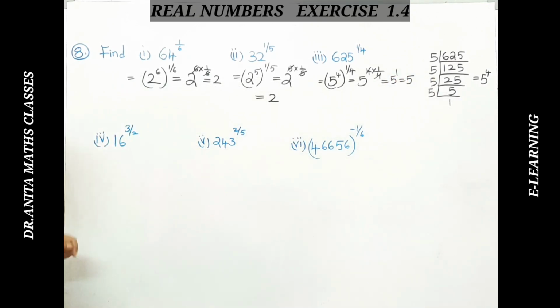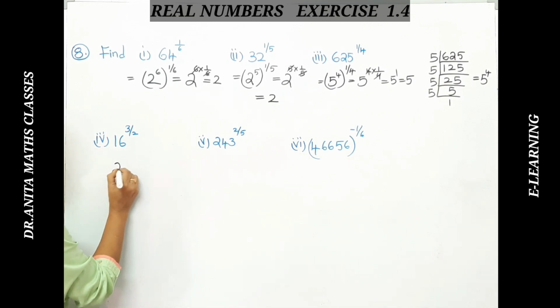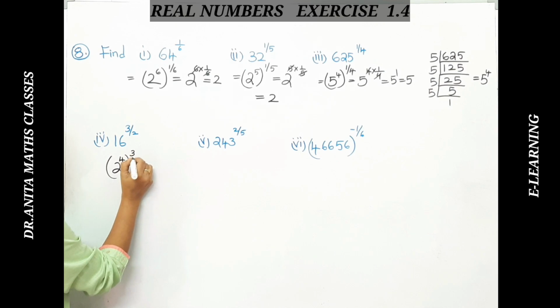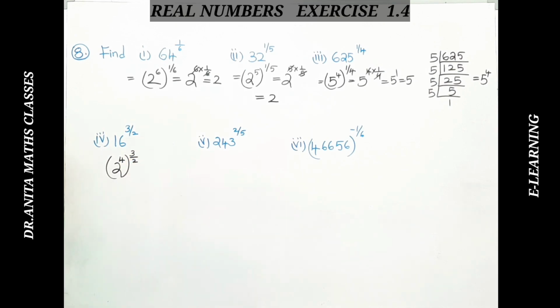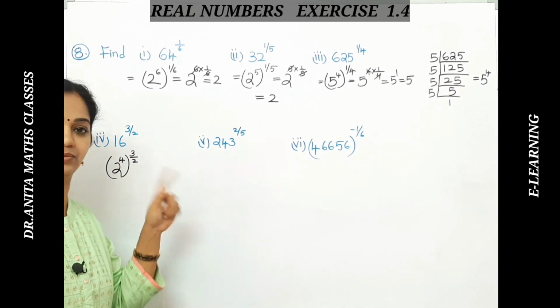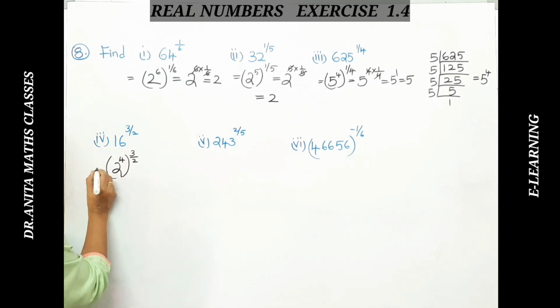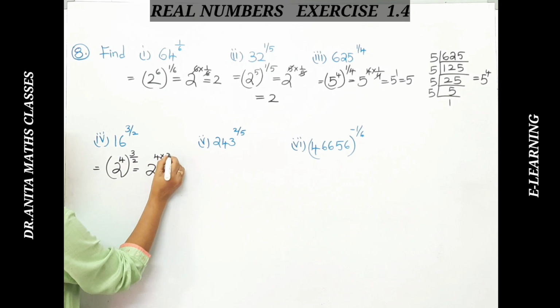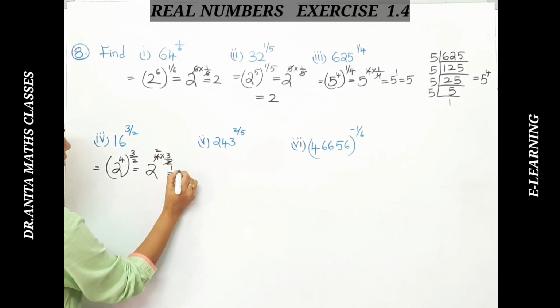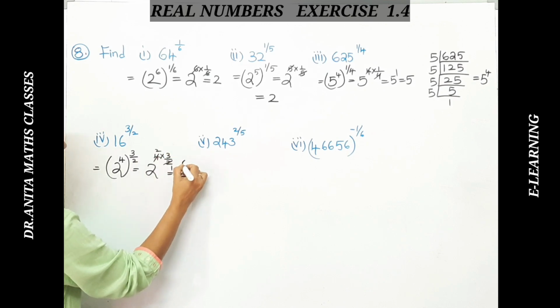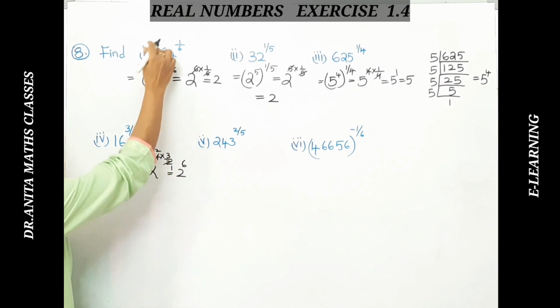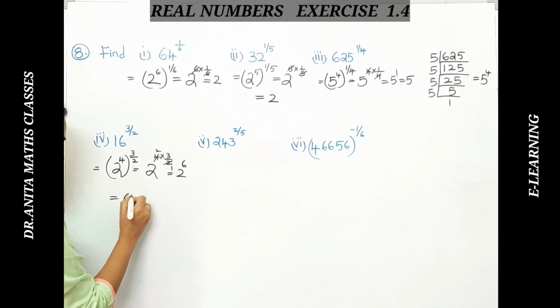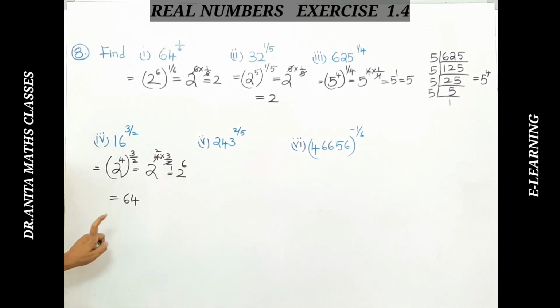Now moving on to the 16. 16 is, we all know, 2 raised to the power of 4, whole raised to the power of 3 by 2. 2 2s are 4, 4 2s are 8, 8 2s are 16. So 2 raised to the power of 4. So here for m into n we will multiply 4 into 3 by 2. So 2 1s are 2, 2 3s are 6. So we get 2 raised to the power of 6. Now we know 2 raised to the power of 6 is 64. If you don't know also, you can multiply and write the value.